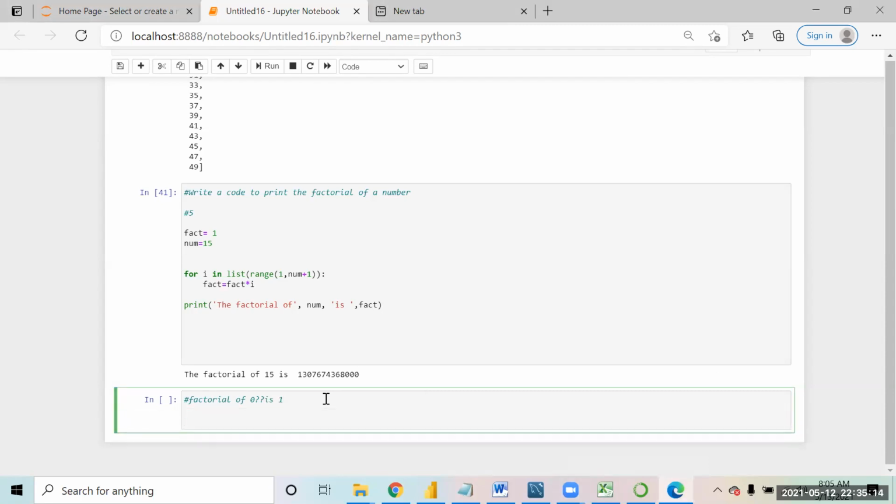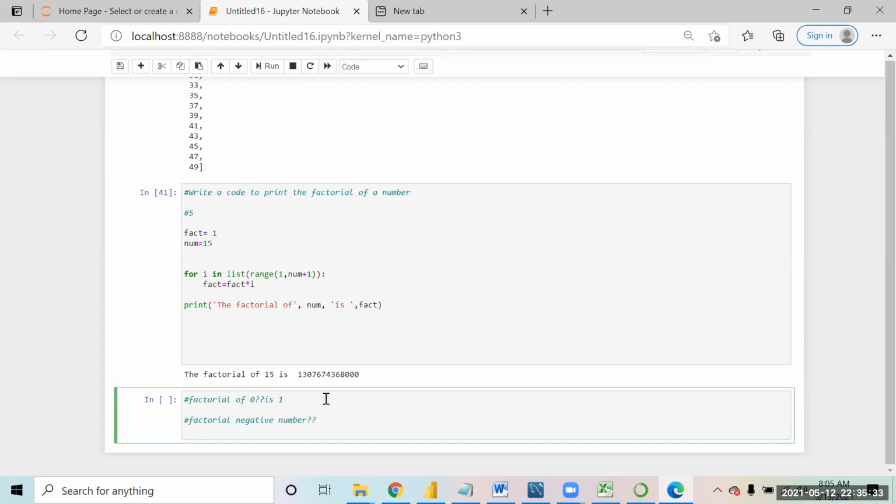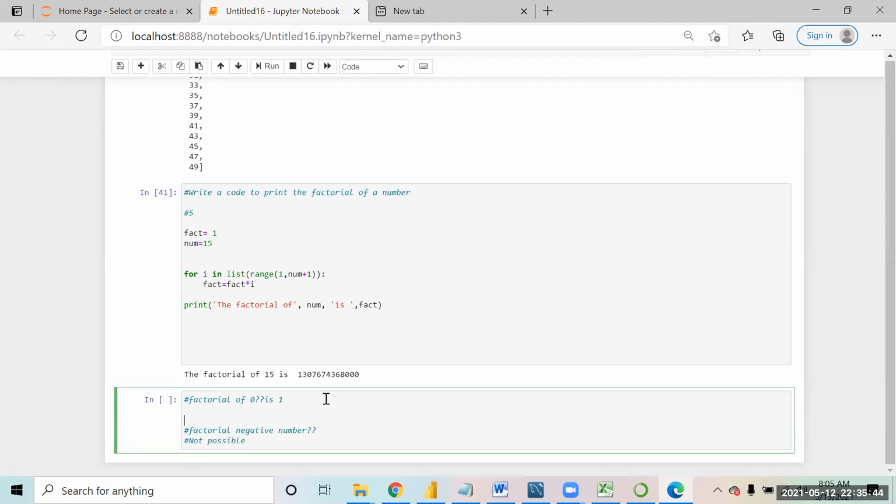Okay. And the factorial of a negative number? So you can't find the factorial of a negative number. Not possible. Okay. So we can't find the factorial of negative numbers, and 0 factorial is 1.